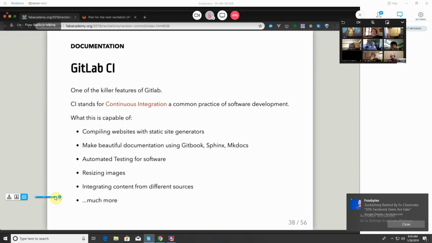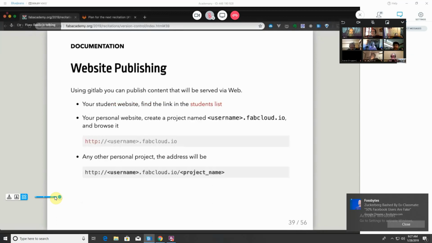Imagine we have built a repository of data, and this tool, continuous integration, allows us to build logic on top of this content. Logic that can be triggered every time we modify the content. So just to understand how powerful this is, we can take the example of website publishing. Listen to this, because this means free hosting for your projects